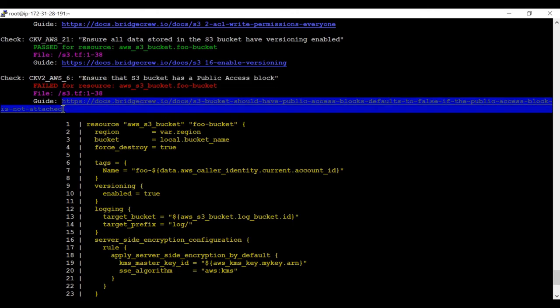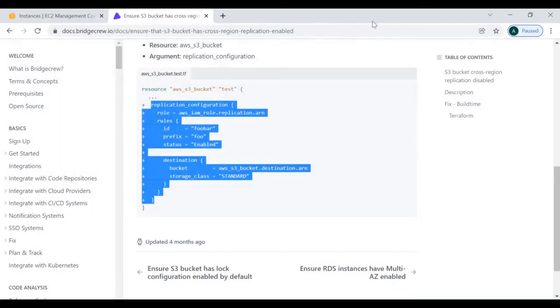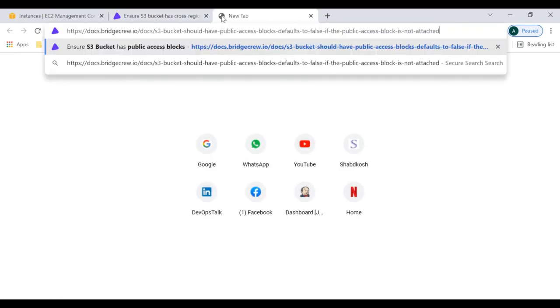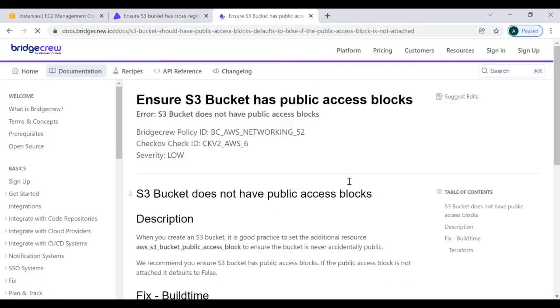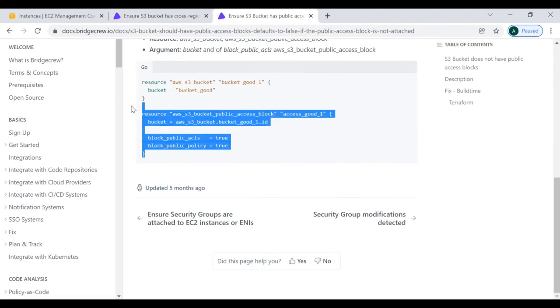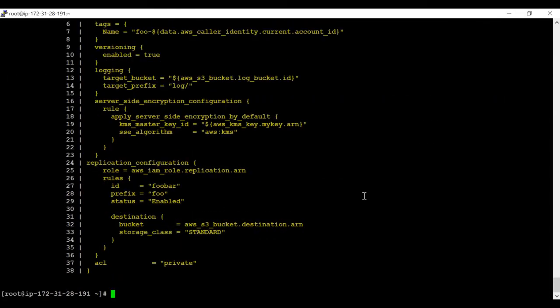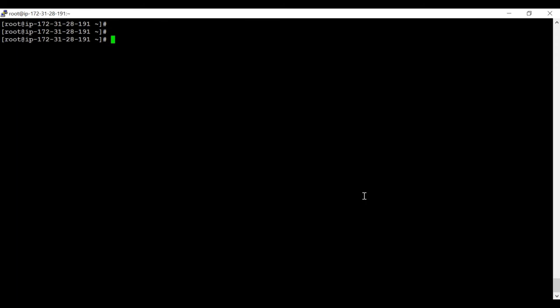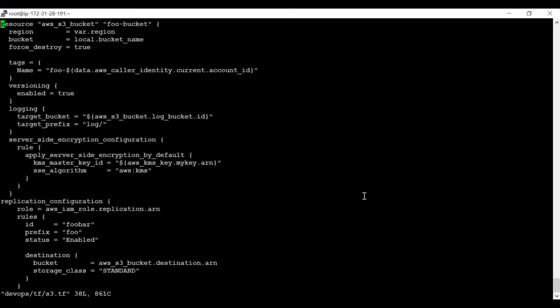And the best part is that they are already giving the solutions. They are giving the URL, so you can reach that URL and pick the solution there. The solution is already given, and you can simply implement it inside your Terraform script. So my Terraform script is under this one, and you can write those solutions here.